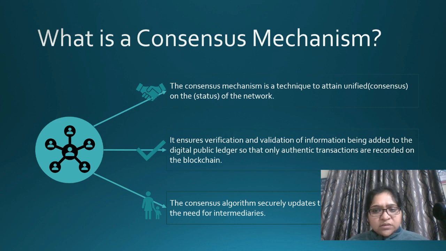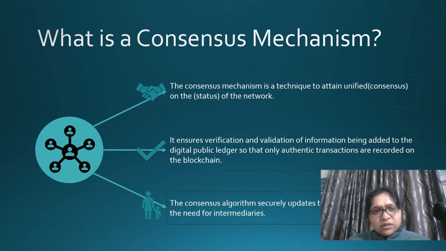As we already discussed, we are trying to verify and validate the transactions. So what is happening? This is the type of transactions we are doing. This is the state of the network. So consensus mechanism is a technique where we are trying to attain the status of the network as a confirmation from multiple people, right? Multiple people does not mean you just take 2, 3 or 5 miners. No. Consensus means we are taking an approval, a consent from the miners who are engaged within the group to give us the confirmation, right?